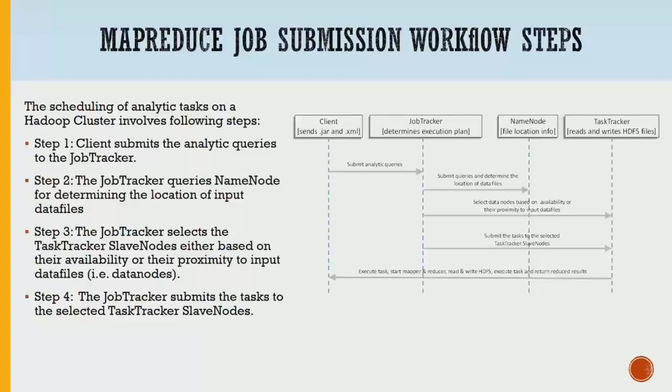In terms of the UML diagram, a client submits the analytic queries and data to the job tracker. Then the job tracker queries the name node to determine how data was split, so that it knows which mapper to start where, if possible. Then job tracker selects the task tracker and tries to put the mapper process near the data if possible, because the key value pair will be by default generated inside the job tracker when you do the application.